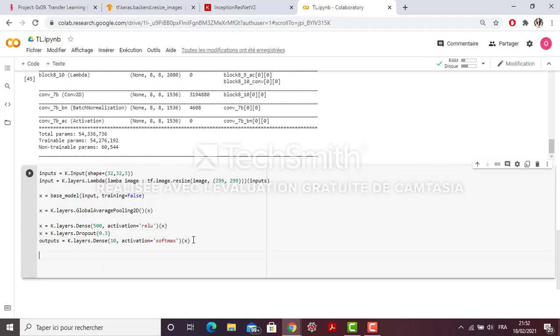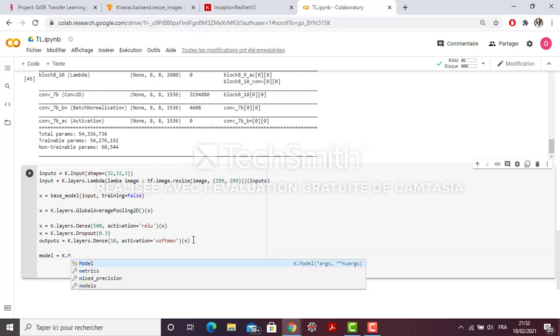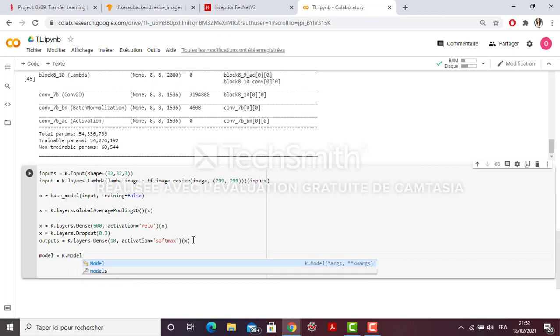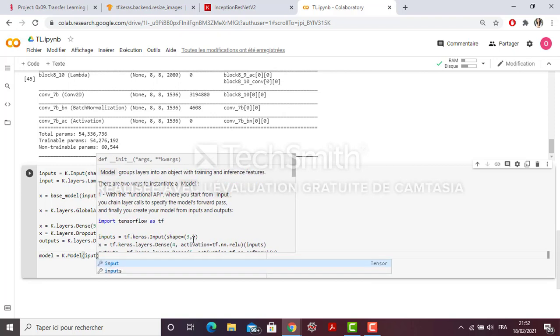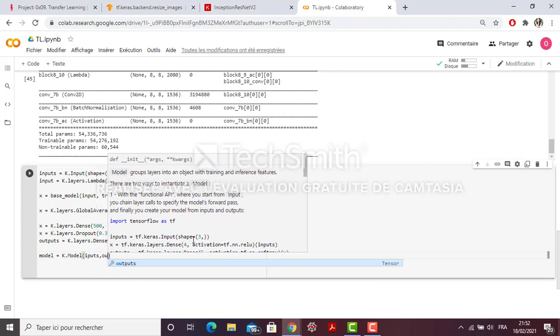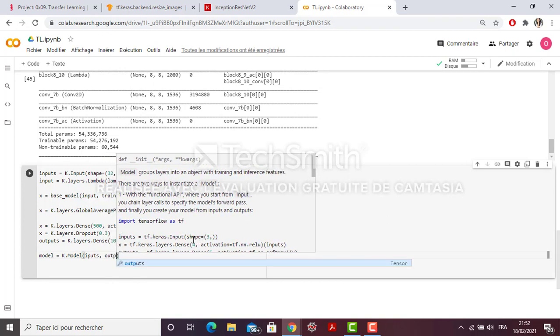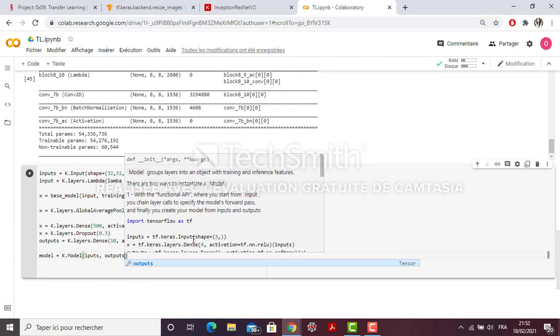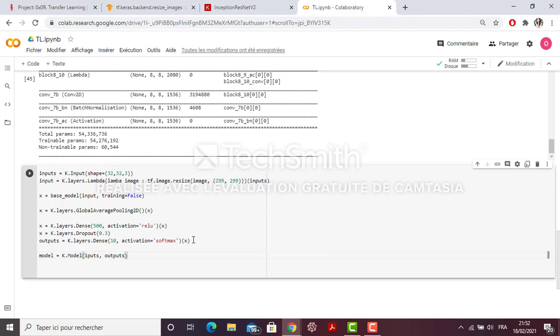Now the last step is to construct my model that will be trained. I'm going to call it model. It's going to have the inputs, the first inputs, and then the last outputs. So this is my model.